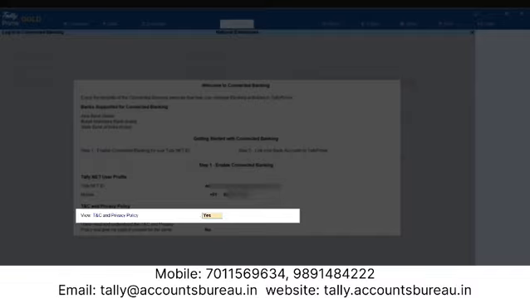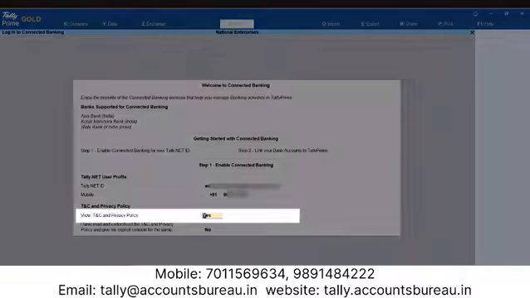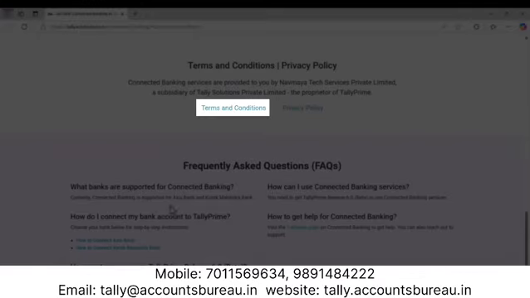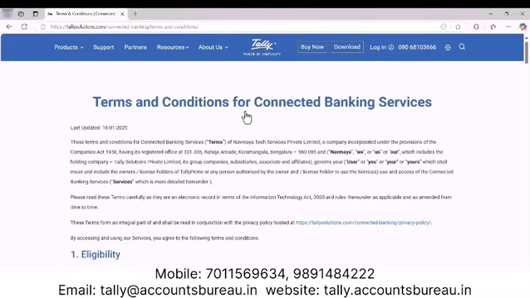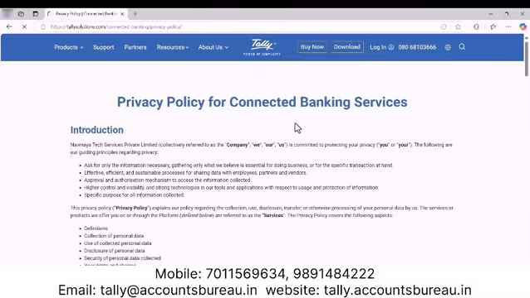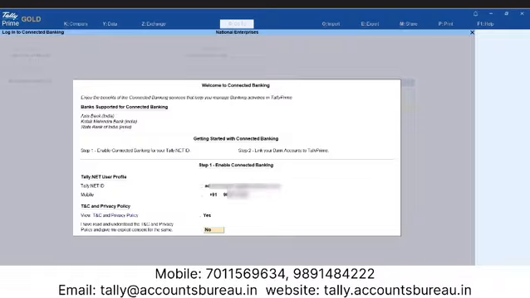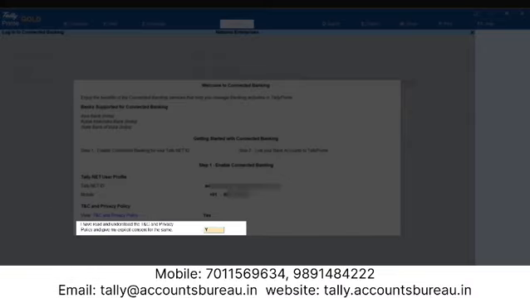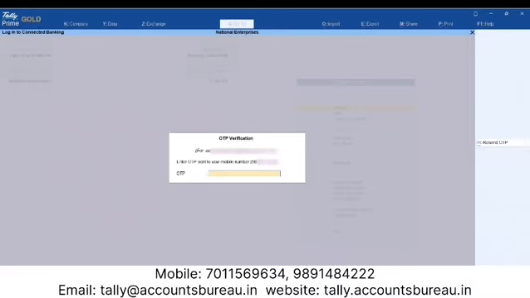To view the terms and conditions and privacy policy, you can enable the option or click the hyperlink. The terms and conditions and privacy policy opens in a browser. Once you have read them, you can switch to Tally Prime. You can then accept the terms and conditions and privacy policy.